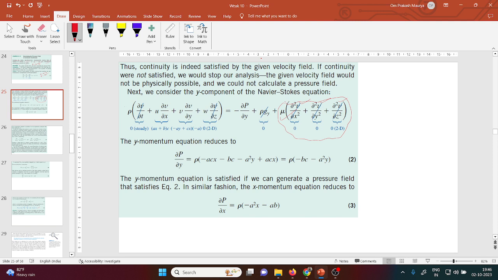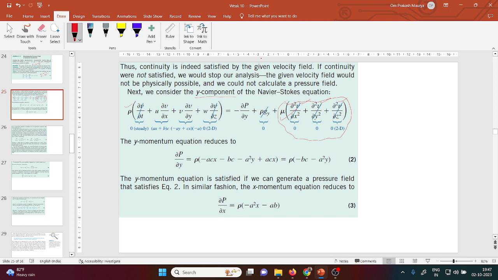Next we consider the y component of the Navier-Stokes equation. Let's say the y component is written here. You know the flow is steady, so that term is 0, and u was ax plus b, and when you differentiate v, this thing remains, just to see it in the general way. And when you calculate these things, here it is 0 because the flow was 2D,